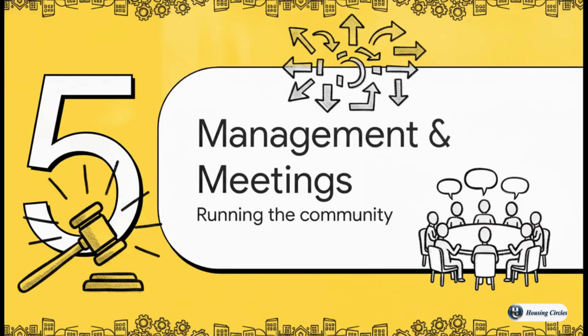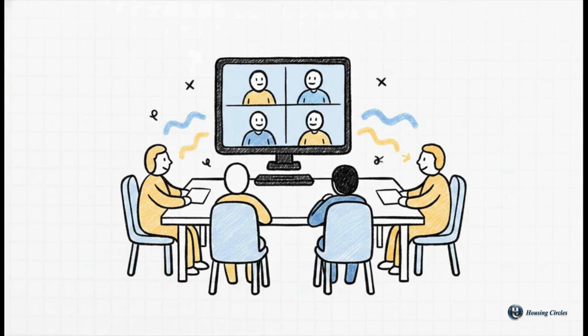Moving on to governance, Section 5, management and meetings. Finally, the 2026 rules have adapted to modern times. The law now officially recognizes hybrid and video conference participation for general body meetings. This is a real game changer. As long as the digital platform can properly record attendance, verify member identities, and save a digital record with the date and time, members can now legally attend, participate in all the discussions, and even vote in AGMs straight from